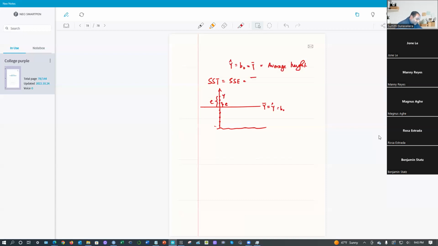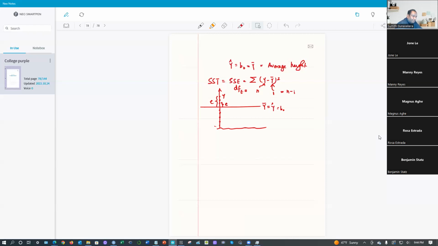It's nothing but the summation of y minus y bar squared. Sum of squared error. So its degrees of freedom of error is nothing but, look here, how many data points you have? N. How many data points are being utilized to calculate y bar? One. Because of that, it's n minus 1. That's how you find n minus 1 degrees of freedom.